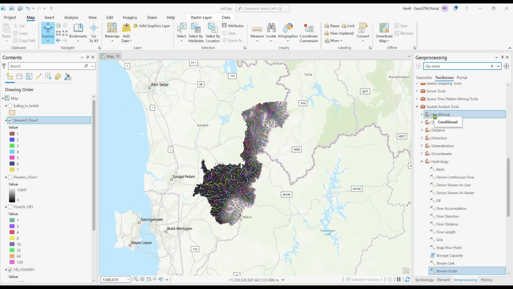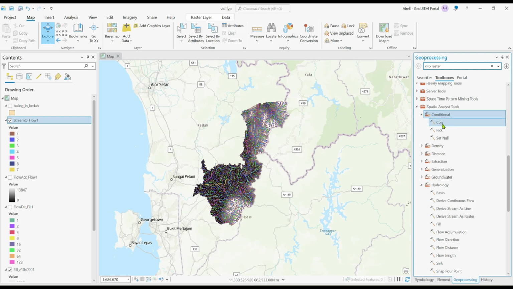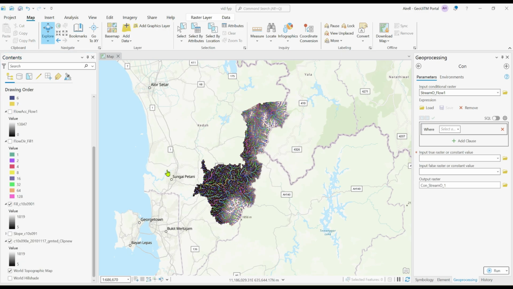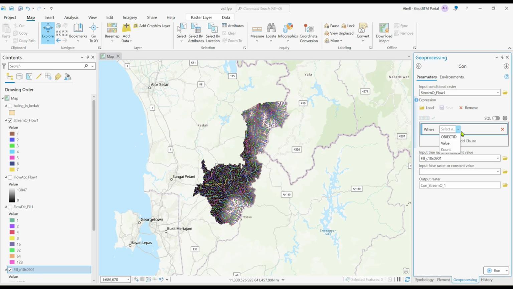After that, we go to the conditional, and when we choose Con, then we take the stream order and put it into the input conditional raster. After that, we take all the fill data and put it at input true raster. Next, we select value and is equal to. Next, we choose 7,